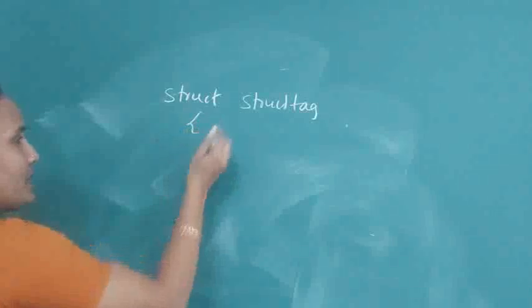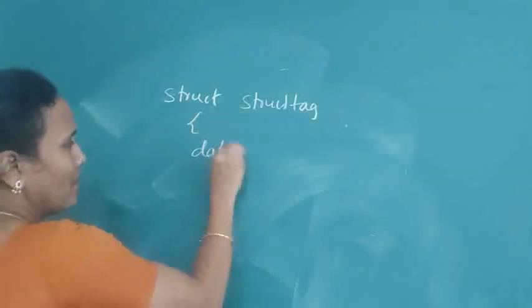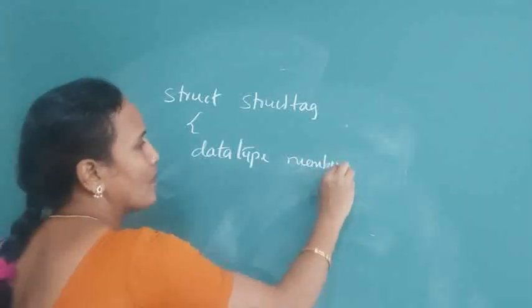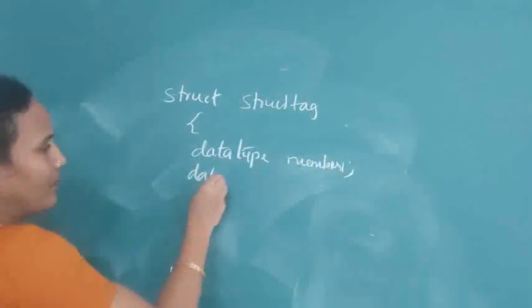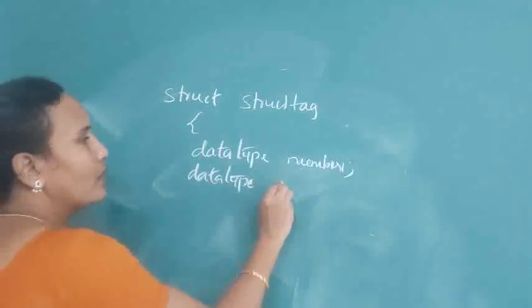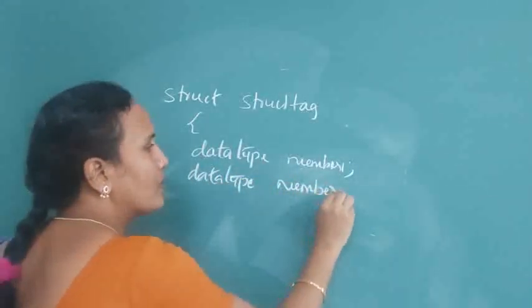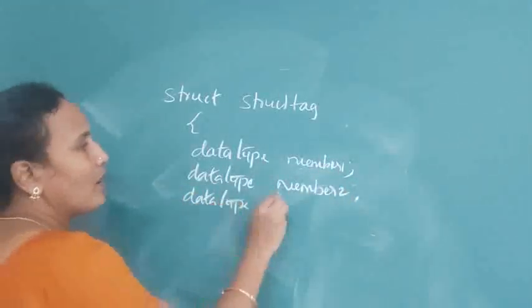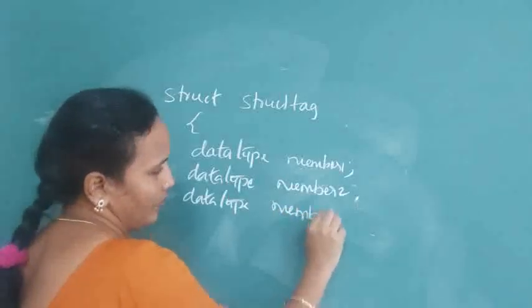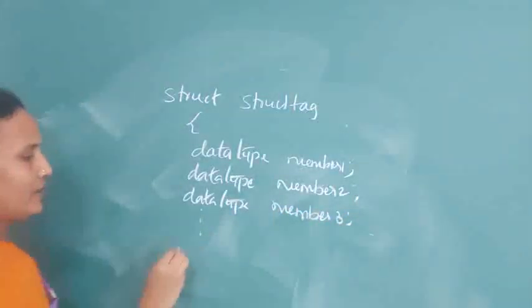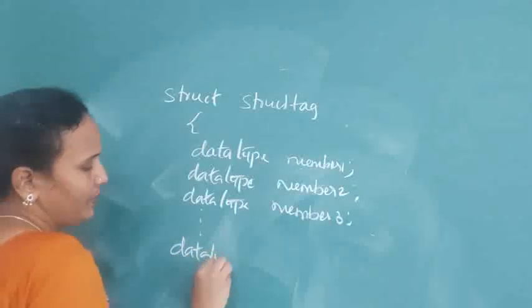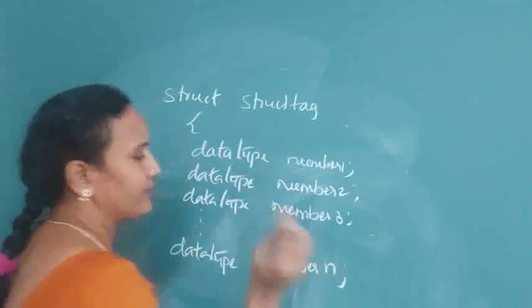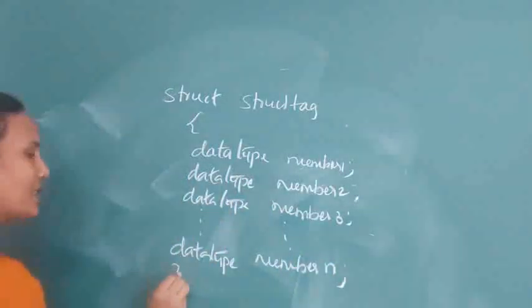Syntax is very, very important. struct tag { data type member 1; data type member 2; data type member 3; and so on, data type member; }